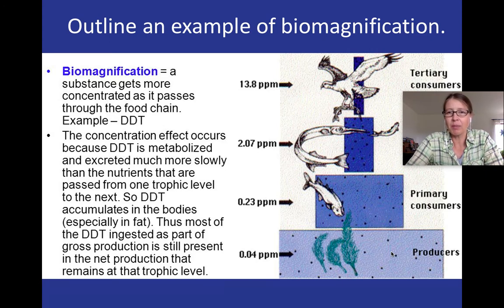The example with the DDT, most of the raptors, like bald eagles and osprey and peregrine falcons, because it was so concentrated, the way that it was really affecting them is it made their eggshells super thin. So when the mom birds would sit down on the nests, they would break their eggshells. And so they were having failed clutches year after year.